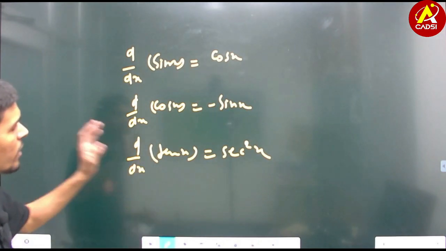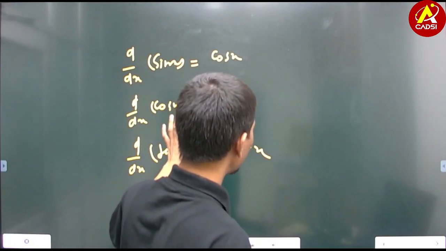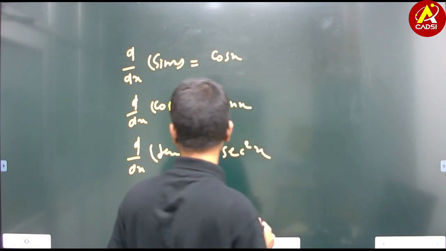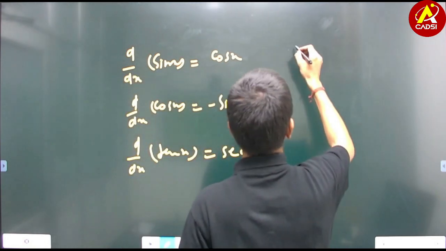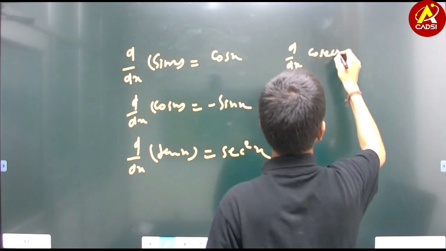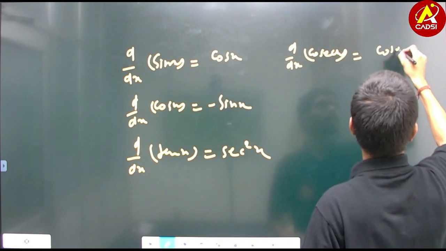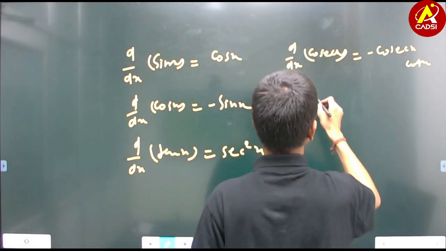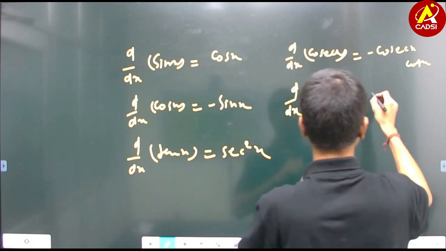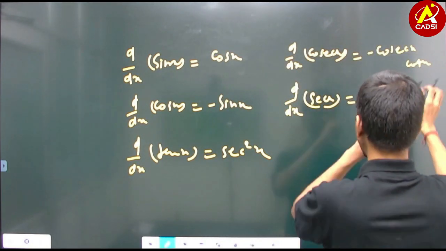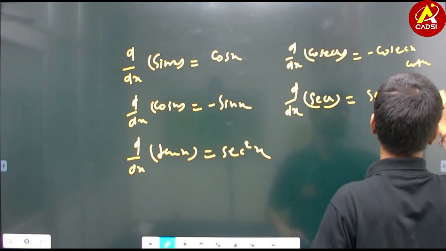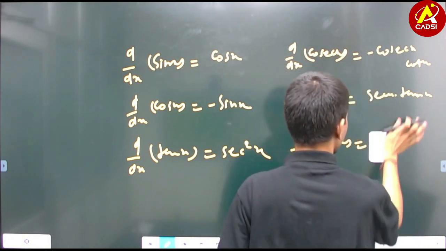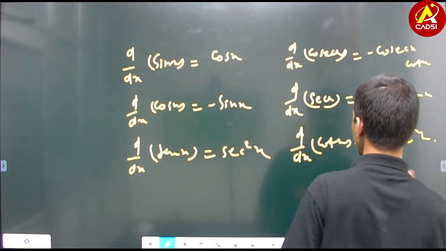Okay, all these formulae should be remembered in your mind. d/dx of cosec x is minus cosec x cot x, d/dx of sec x is plus sec x tan x, d/dx of cot x is minus cosec square x. Okay,